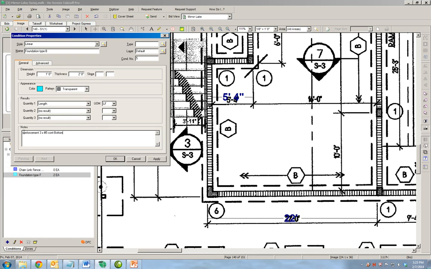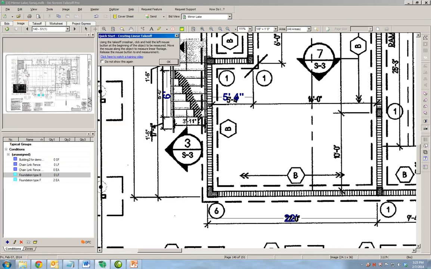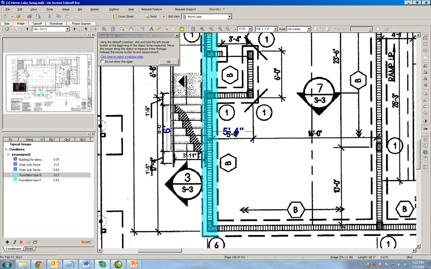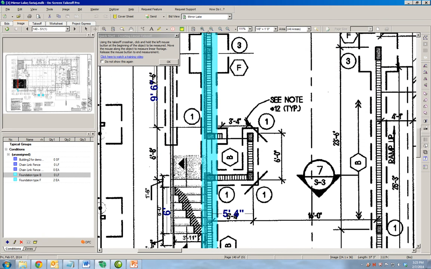So now we know what type of reinforcement it has, the width, the height, and we can then start estimating. We can say this is a foundation type B, this is a foundation type B, so we can start on this end and start estimating foundation B all the way up until we find a